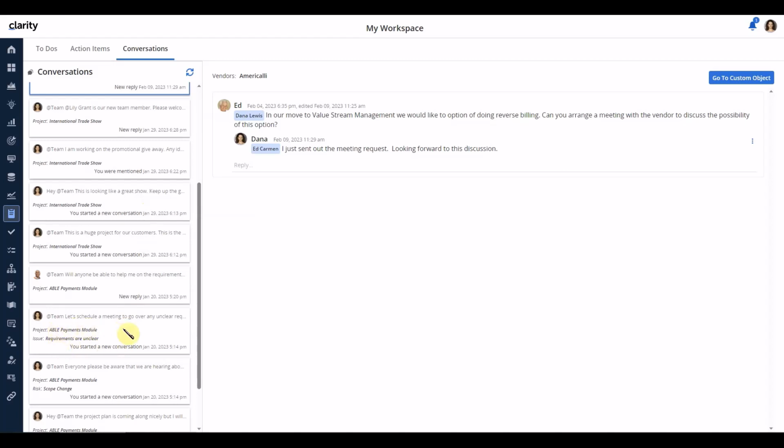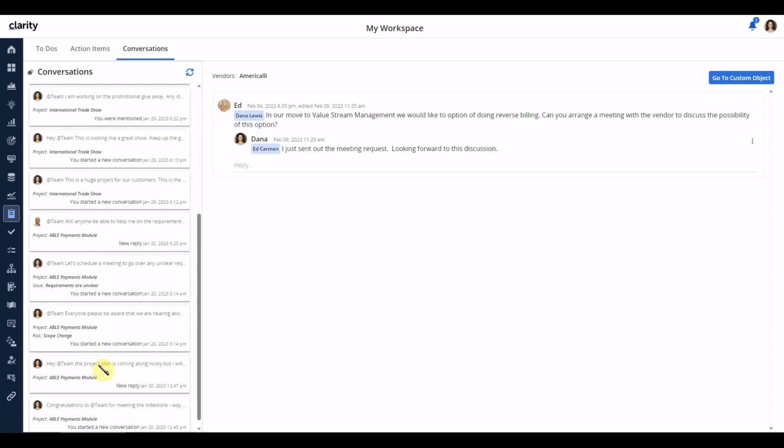So I can clearly see that this conversation was started under the project Able payment module and an issue within that specific one. Similarly, another example is a conversation that is started under Able Payments within the risk scope change. So, much clearer and more useful information.